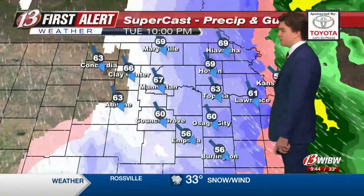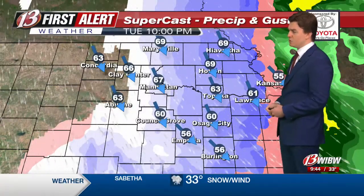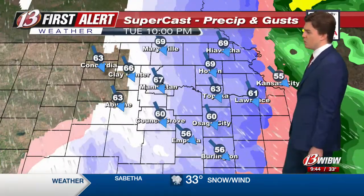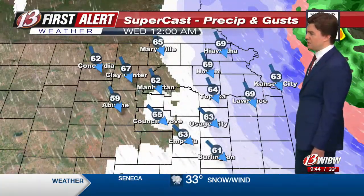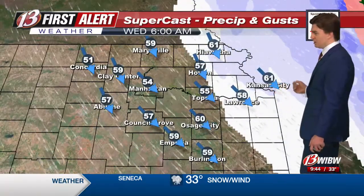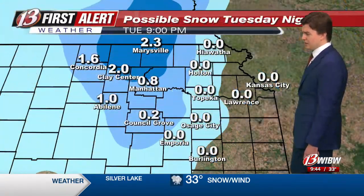10 miles of visibility, though, is what we're reporting, so that is good, but it does seem that most of those less visible conditions are heading further to the east, and we still have a ways to go before snow should move out of the area. Maybe about the western half by around midnight or 1 a.m. should be free of snow continuing to fall from the sky, and then by tomorrow around 5 to 6 a.m. at the latest is when we should start to see that exiting the area